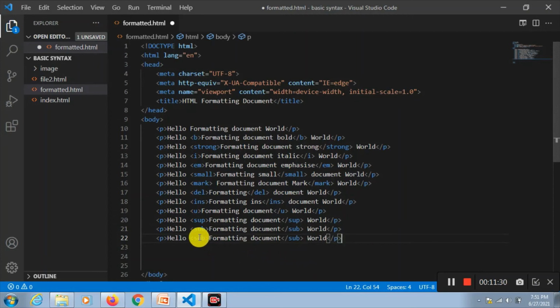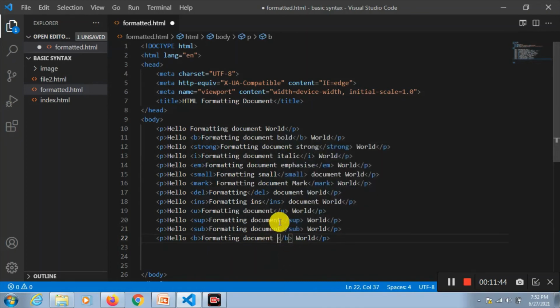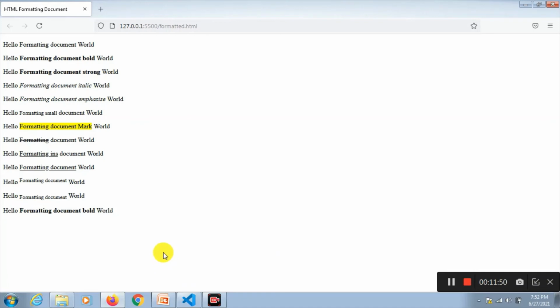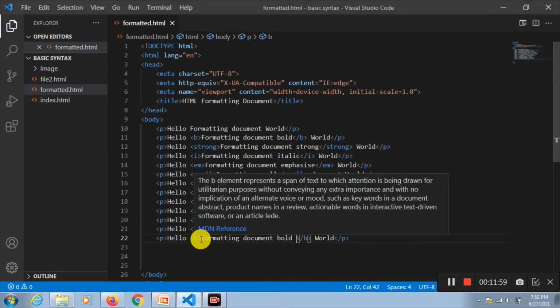Like let's give bold, B. This also B. Last one if you see is bold. I want to give the second effect. Then I.